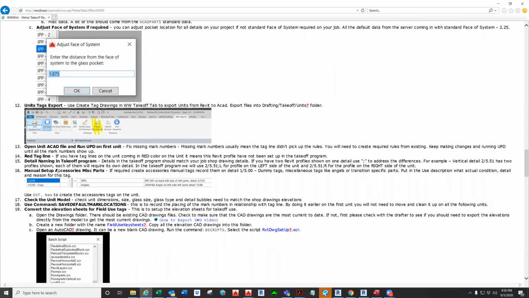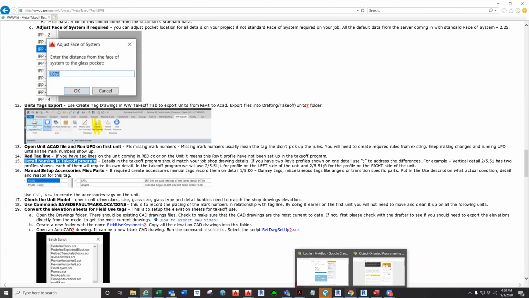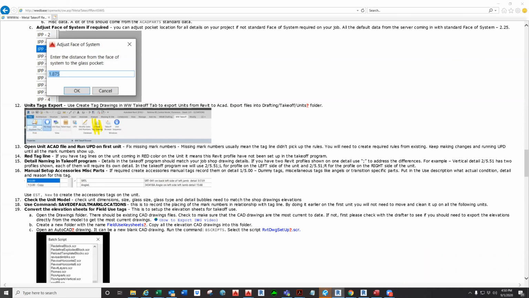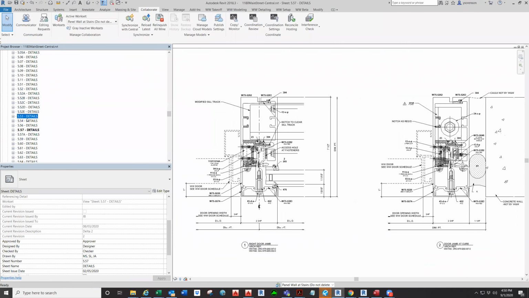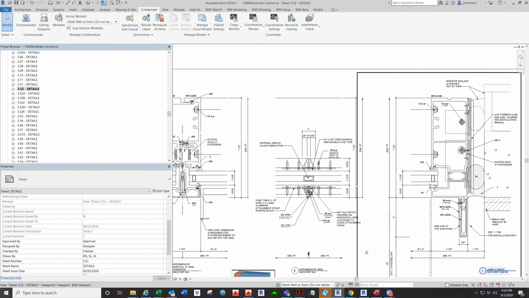All right, item number 15, detail naming in the Takeoff program. Let's talk about how we name the Takeoff program. If we look at Revit, the profiles that come in Revit, it's very often we have two profiles on one detail, and